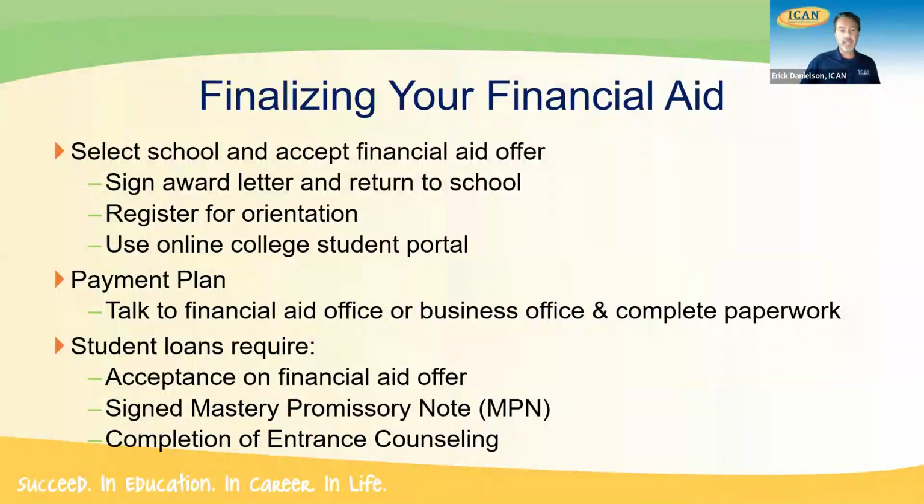Once they complete that entrance counseling, they can do a master promissory note, which is just their general information and a couple of references that they would need. One, as I mentioned earlier, can usually be a parent, and then somebody else at a different address, a friend, another relative, whatever that might be. But those instructions about doing the promissory note and entrance counseling are generally included with the financial aid offer, or at least you'll receive them if you accept the loan on the financial aid offer. Then typically you'll get instructions on how to complete that process.